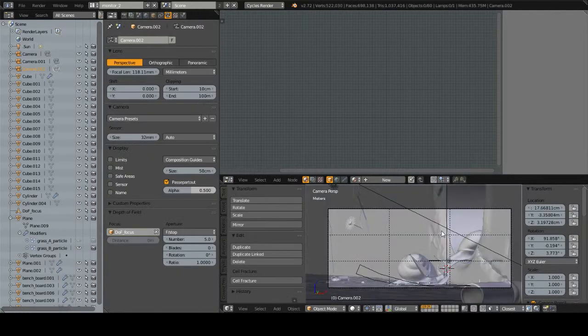So we can see here that I've got the composition guides turned on for the thirds. If you don't know how to do that, make sure you select your camera, go to the camera tab, and then under display, composition guides, you can turn on any of these to help you guide how your shot is going to be composed. And so, using rule of thirds,